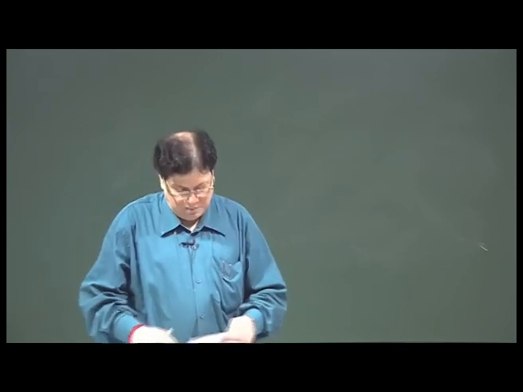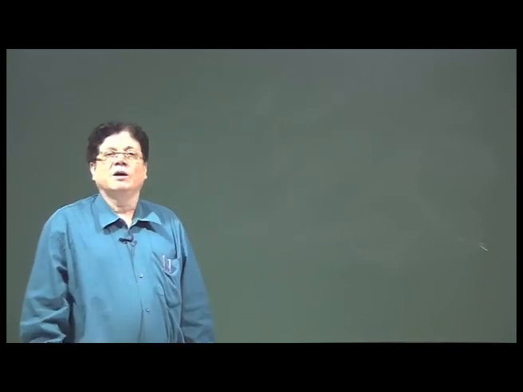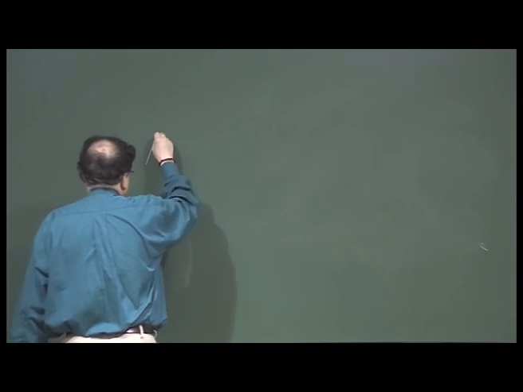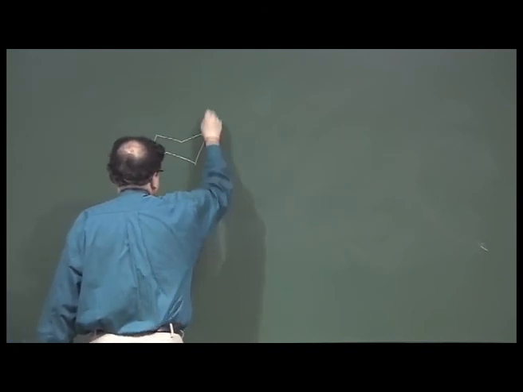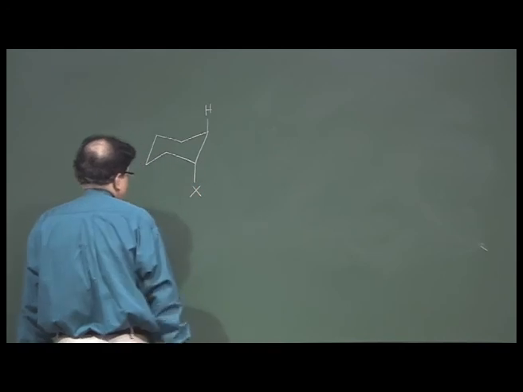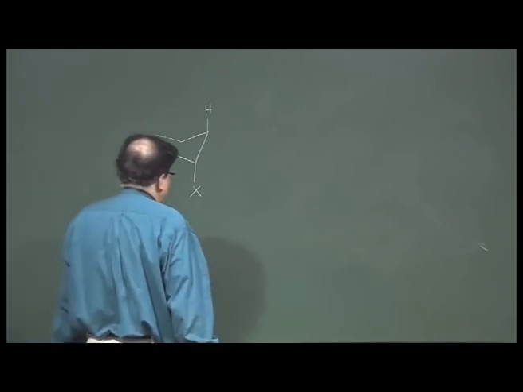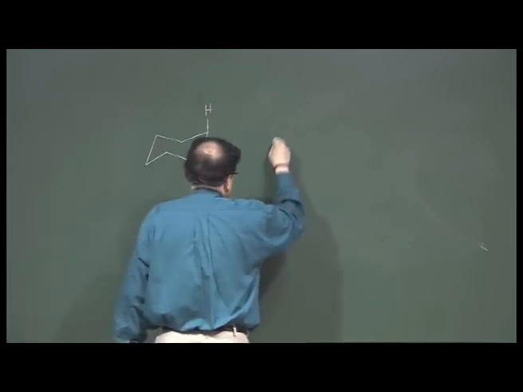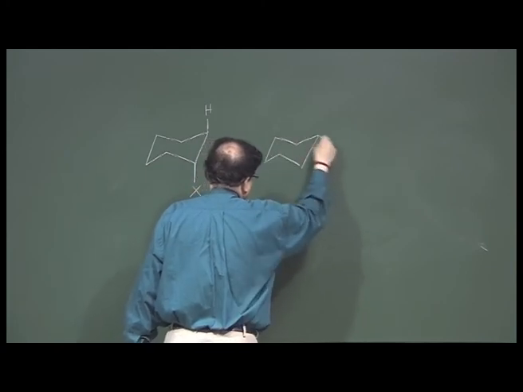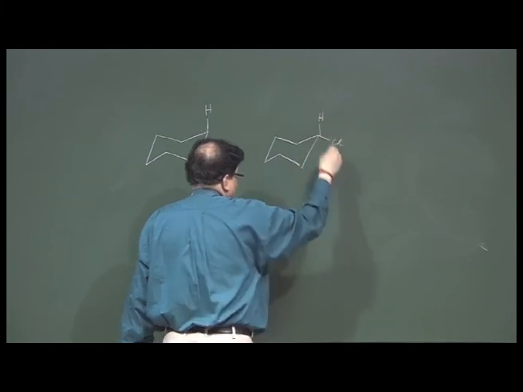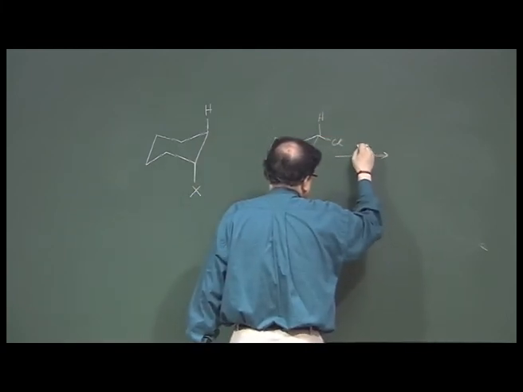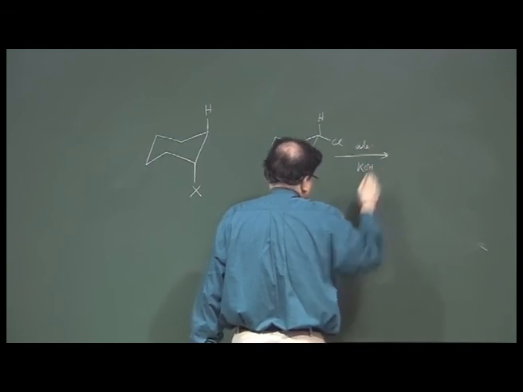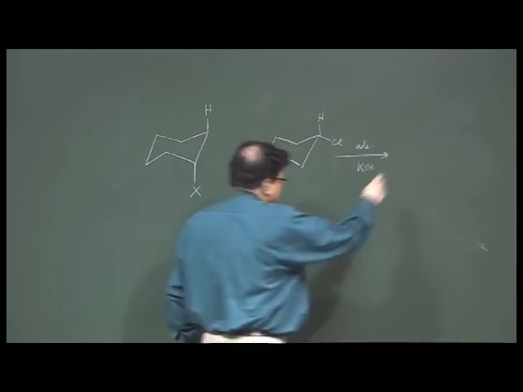So, we have seen the stereoelectronic requirements of E2 elimination. What we said in the last slide is that in a cyclohexane system, the groups being eliminated, in a dehydrohalogenation, have to be in the diaxial position, which makes them anti-periplanar. Suppose you take chlorocyclohexane, which will normally exist with chlorine in the equatorial position. If you want to do the dehydrohalogenation, say with alcoholic KOH, it requires forcing conditions to get to the cyclohexene.